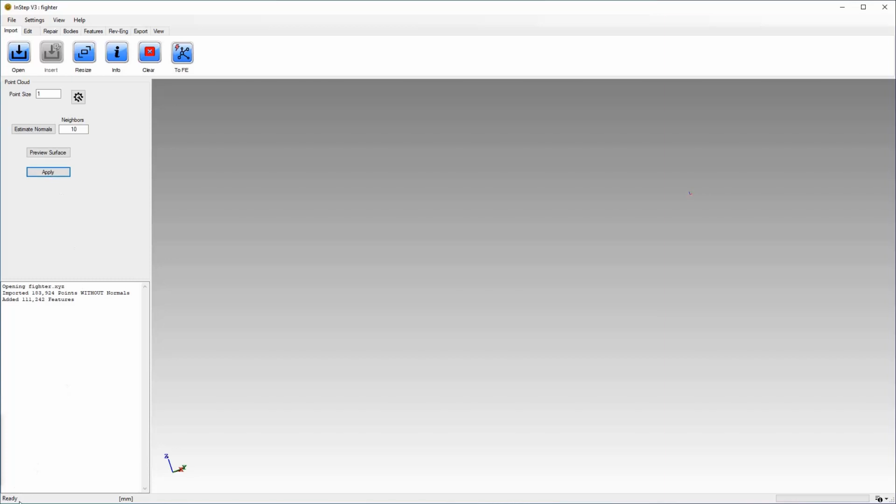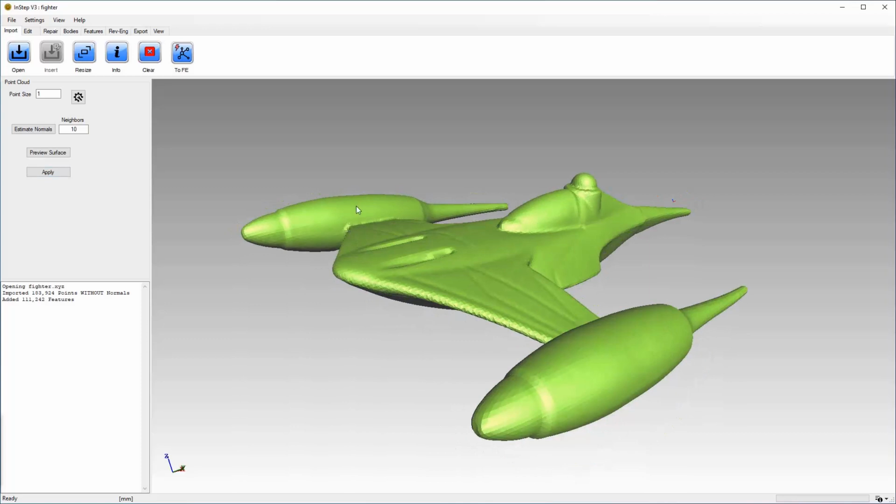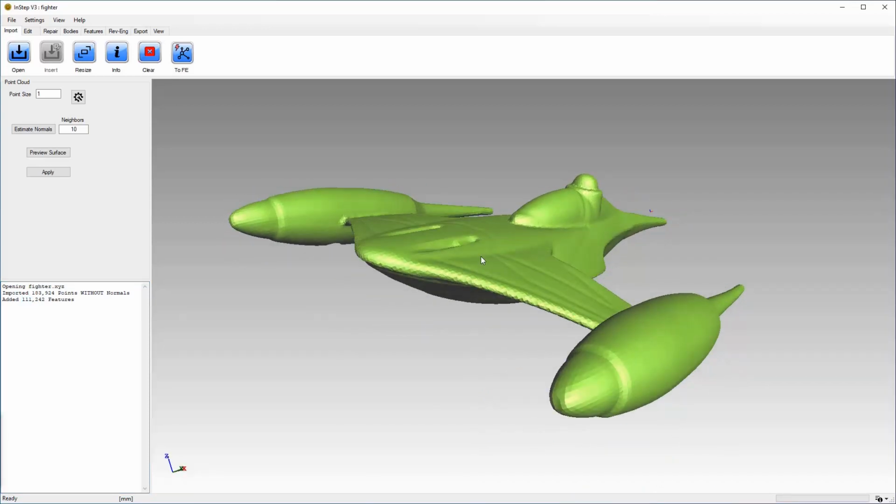Once the application shows ready, it might be that the display doesn't update exactly, so we can just move the mouse and that will update the body. In this case, it resulted in 111,000 features, so that's generally fairly large, but it's a good starting point for other processes.